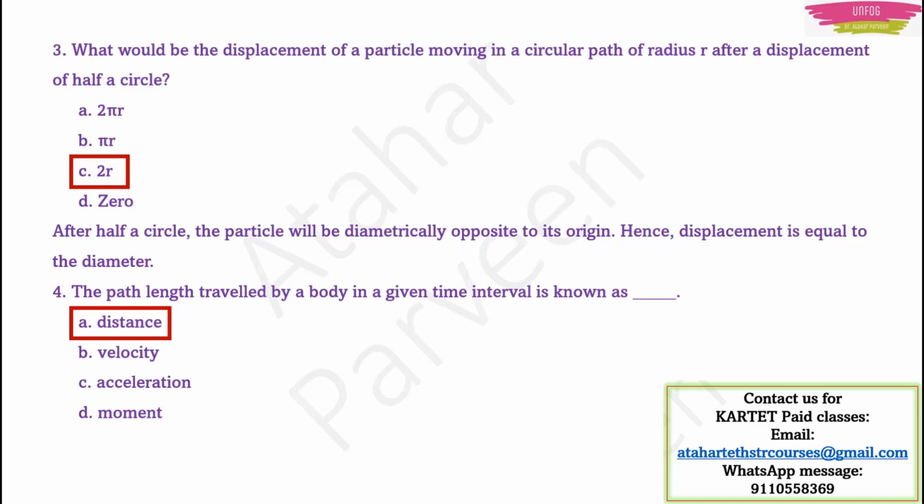If they were talking about the initial position and final position of the body, and you had to find the distance between those two positions, then you would say that it is displacement. Anyway, in the options they have not given displacement, so this question became very easy for us. Directly you can tick distance as the right answer. But in case they give displacement also in the options, then you must know that path length is distance. And the shortest distance between the initial point and final position of the body is the displacement.